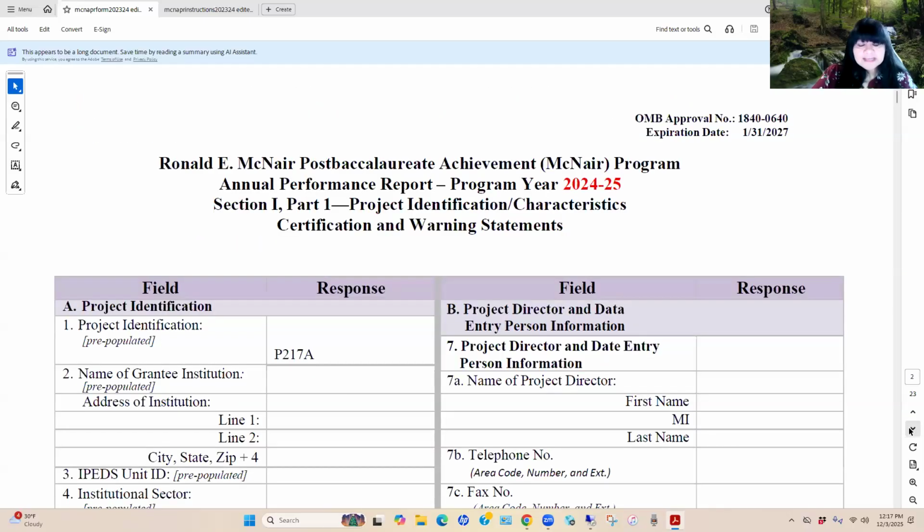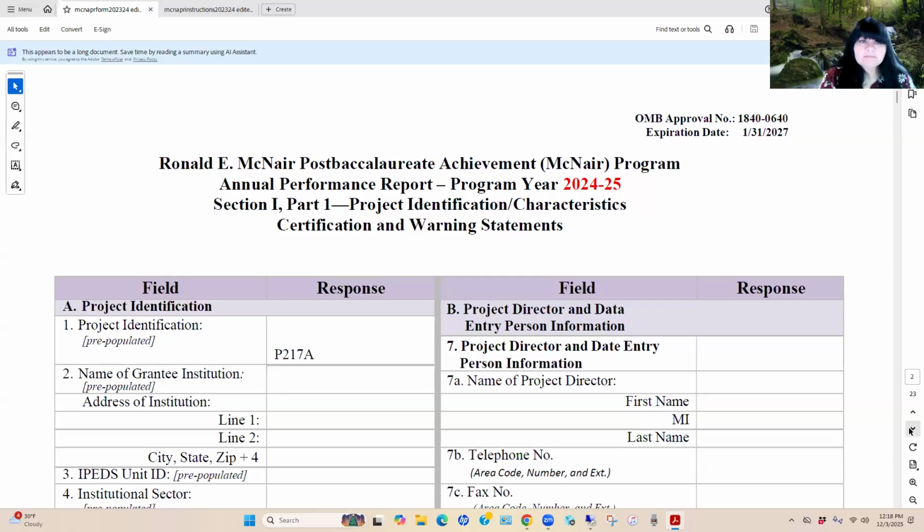Okay, so let's go ahead and start talking about the annual performance report and what we typically see when we log into the TRIO web portal. For those of you who are new, after you've created your credentials, you'll log in and there will be 4 tabs. The 4 tabs provide ways that you can submit your annual performance report and also review the APR submission process at any time.